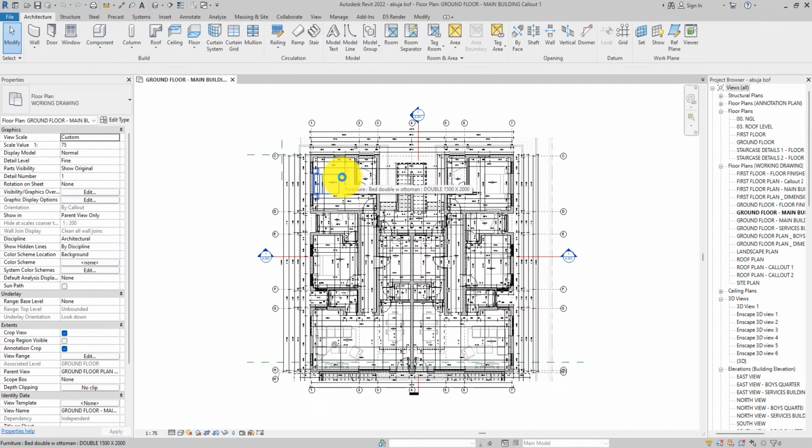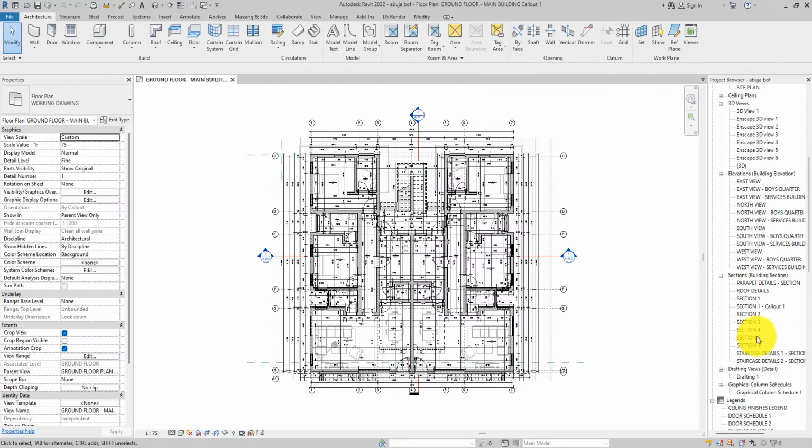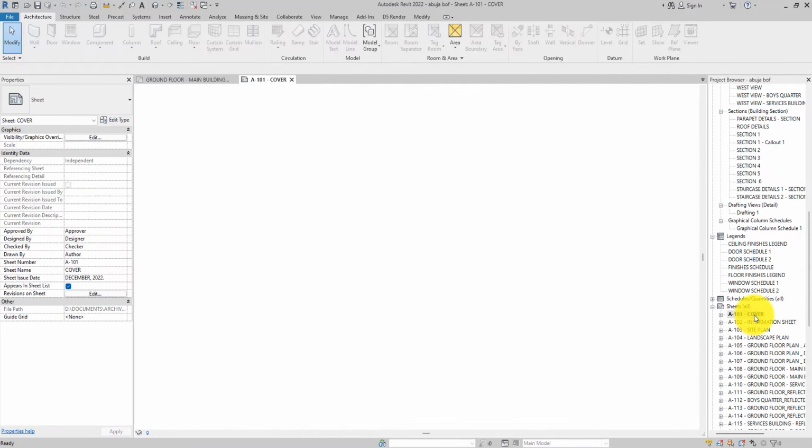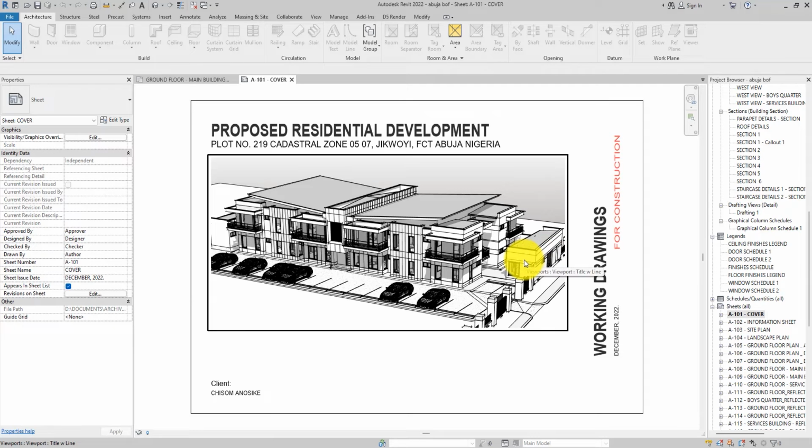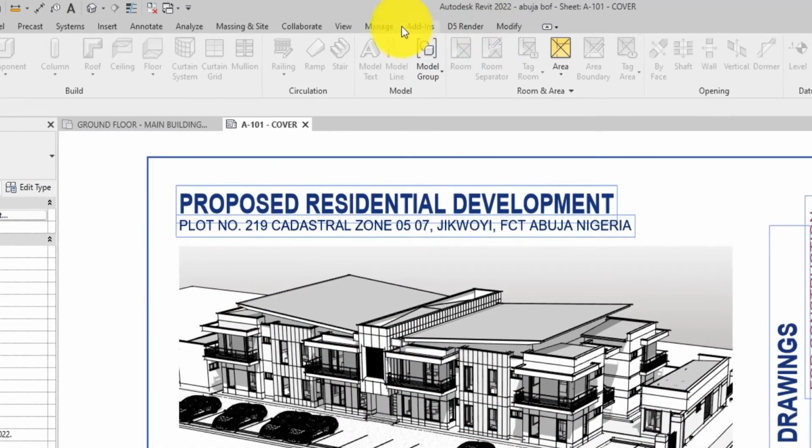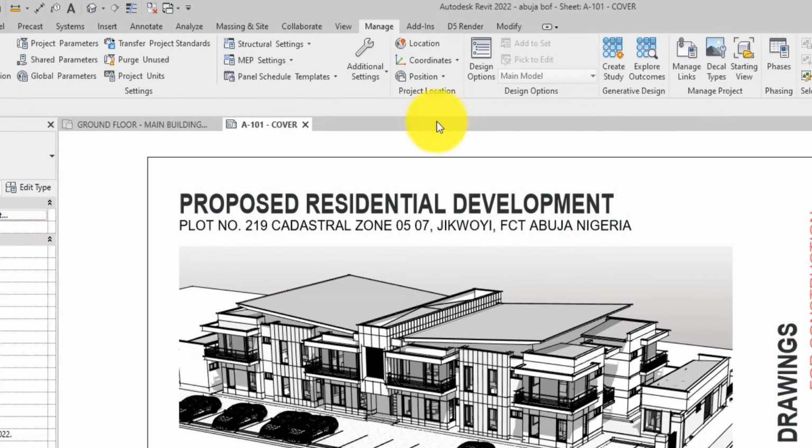Okay, well, now there's a way you can set your starting view so that whatever view you are working on and you save and you close the file, it is going to open with that particular view. Be it, let's say, the cover page or whatever view it is that you want to always start your project with. There are a lot of benefits to that, but to do that, let's say each time you open your file, you want to see the cover page like so. So all you have to do is go over to the Manage tab,